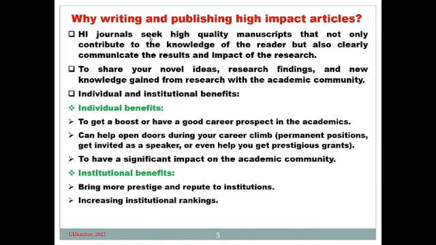It makes you get invited as a speaker to talk to people the way we are doing today. If I had a weak CV or had not published in high impact factor journals, I don't believe the management of Open University would invite me to talk to them on how to write for impact factor journals. It even gives you an opportunity to get prestigious grants. You win grants, you win money that will enable you to do more research. I think Professor Hilary will be talking to us tomorrow on how to write proposals to win grants.